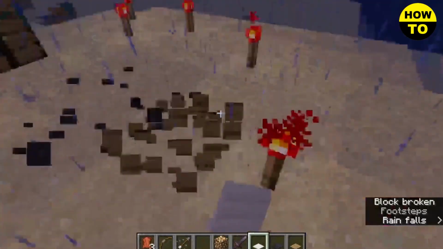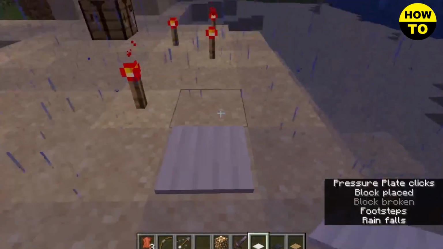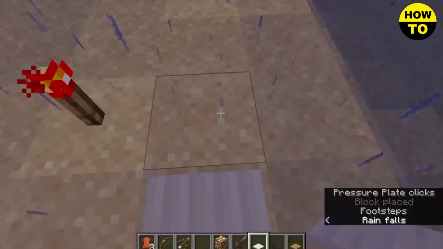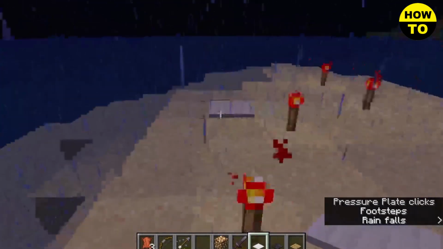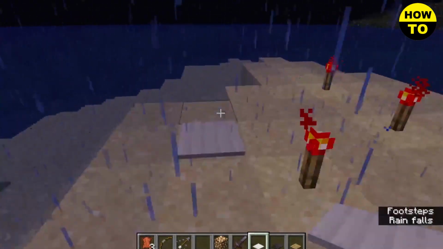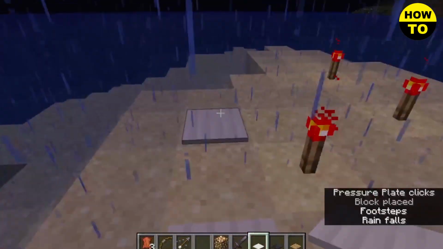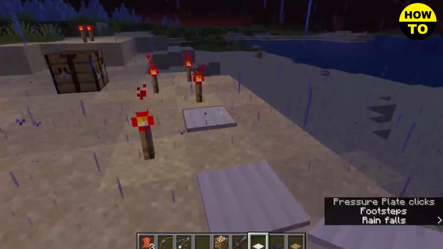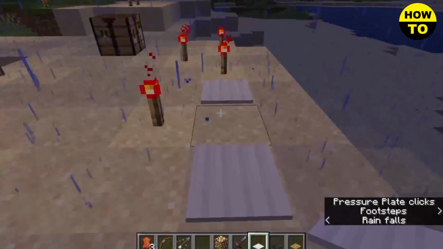Okay. If I show you an example, if I want to put a pressure plate here and I want to get to this destination, if I walk in and there's an iron door, I cannot get out unless there is another heavy weighted pressure plate. So this is a way for you to know that it is a trap and you do not want to